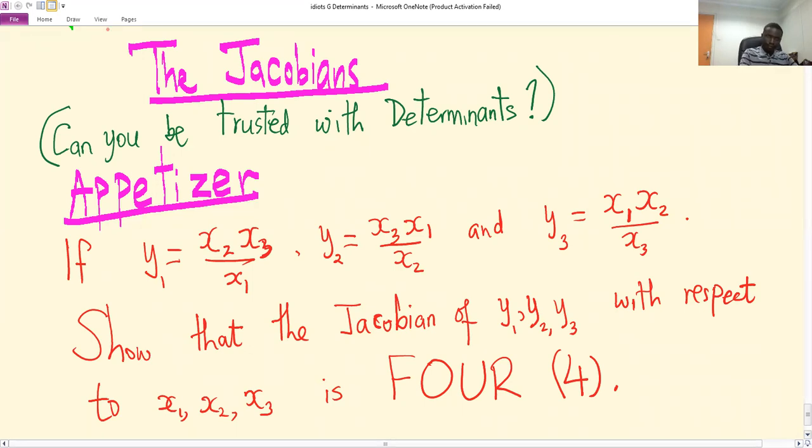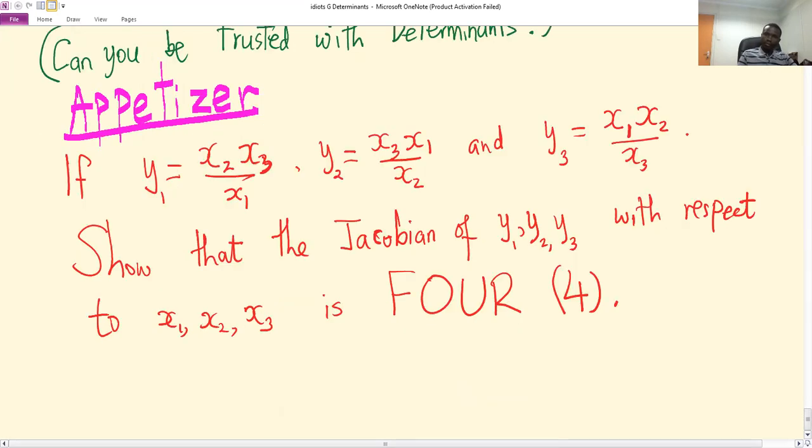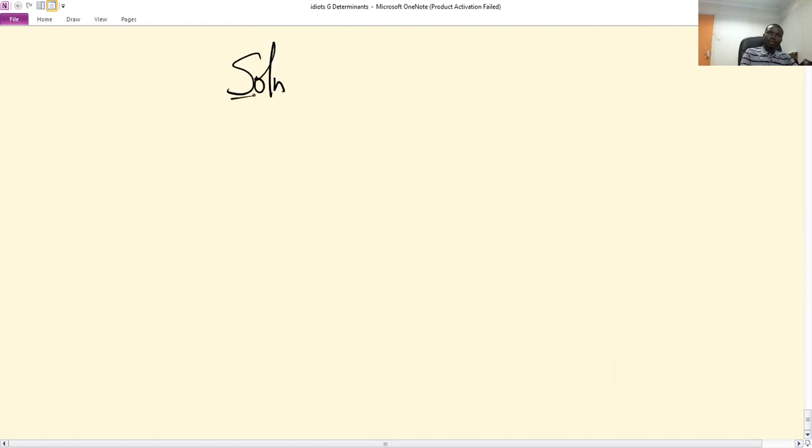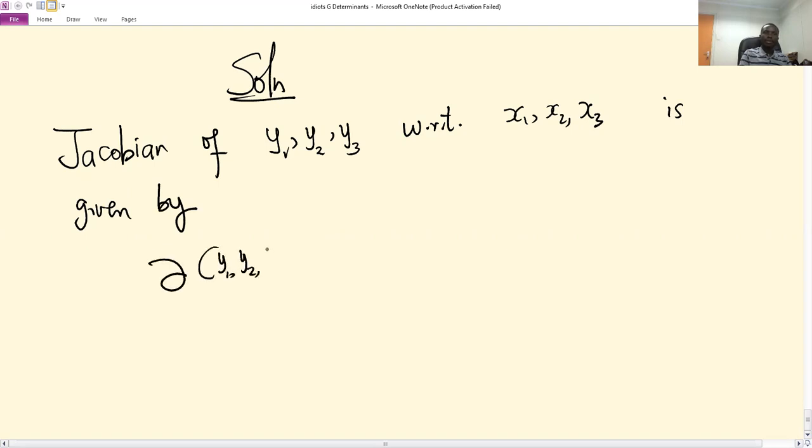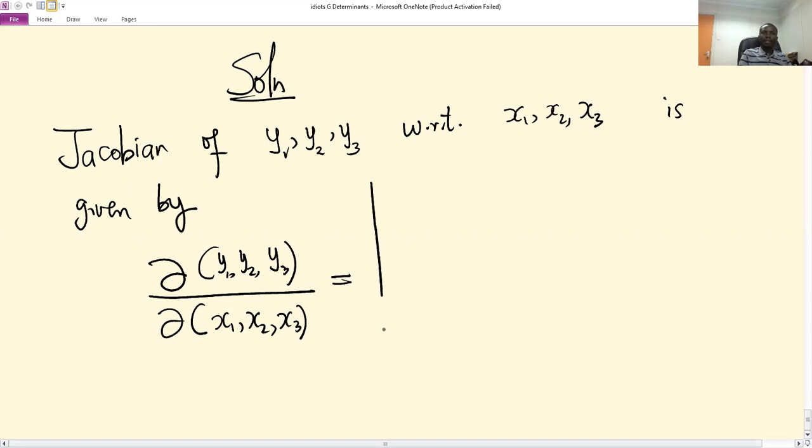So, solution. By definition, the Jacobian of y1, y2, y3 with respect to x1, x2, x3 is given by partial y1, y2, y3 over partial x1, x2, x3, which is the determinant